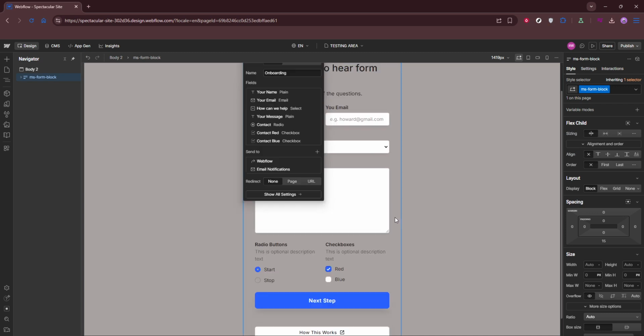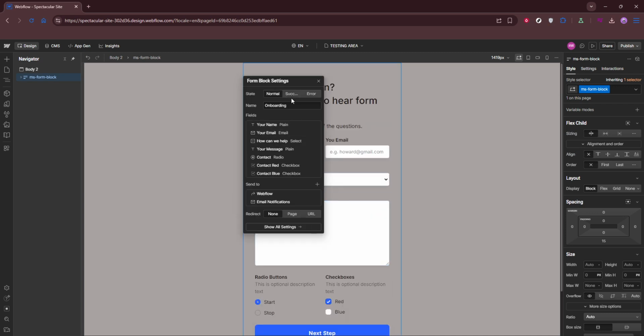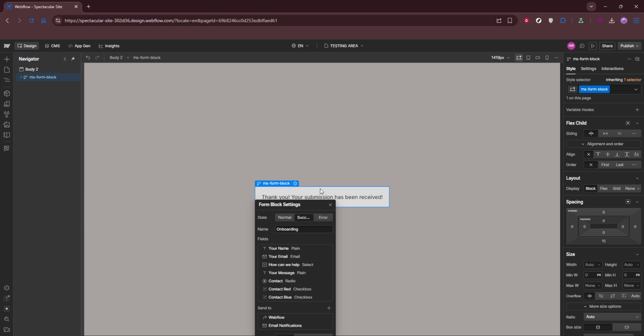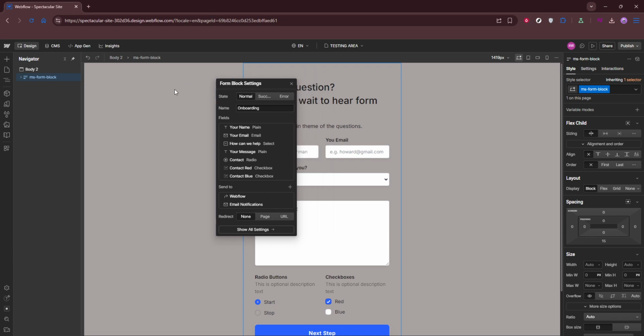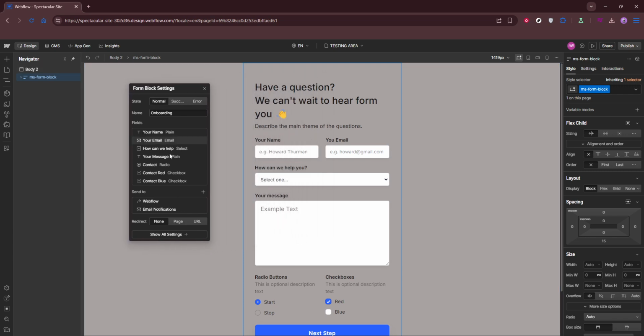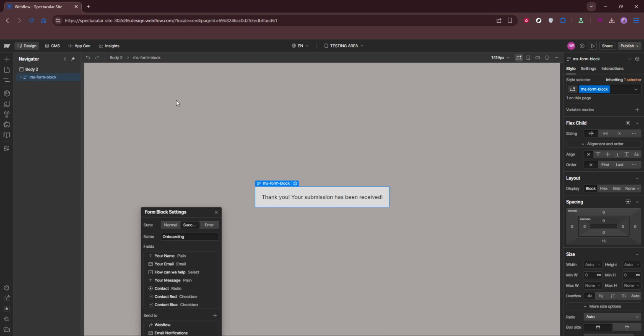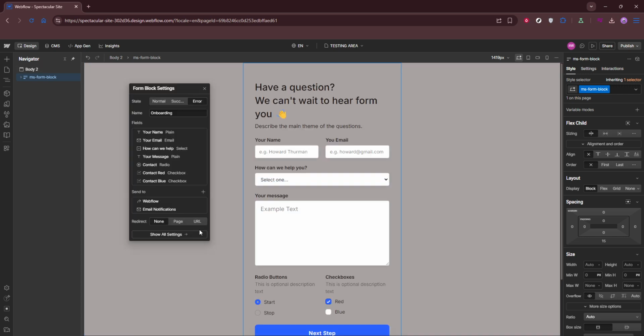Click any label or placeholder to update the copy and mark fields as required if they're essential. Rename the submit button to match your tone. Submit, send, request a quote, or share. Feedback all work well. For the congrats or success message, switch to the success state of the form and rewrite